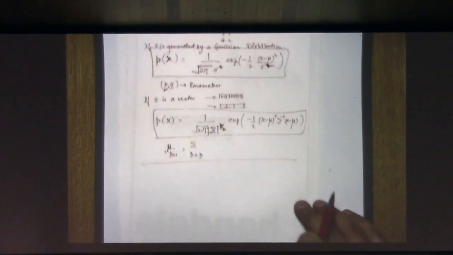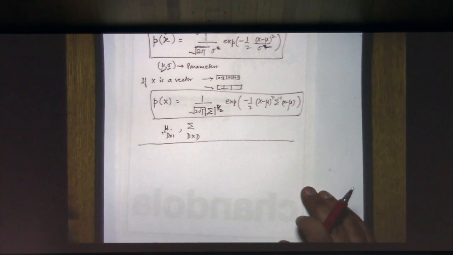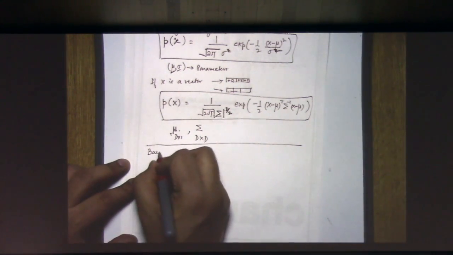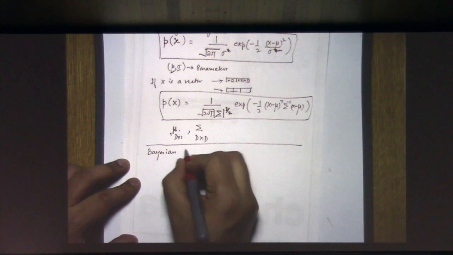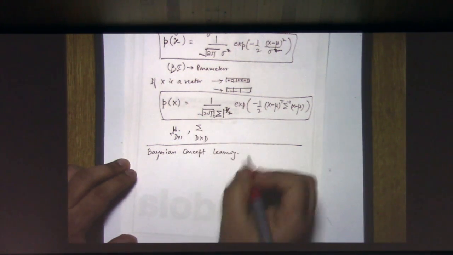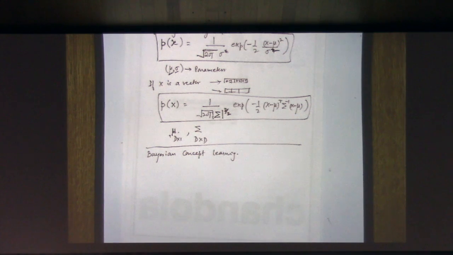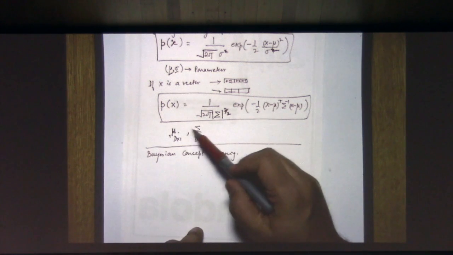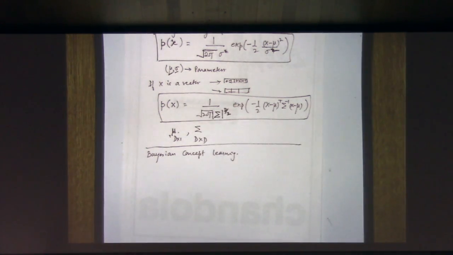Okay. So now how do we do Bayesian concept learning here? Bayesian concept learning means that I give you some data points, and now you want to find out the parameters of the Gaussian distribution that generated this data. We are going to do it directly for the case of vector random variables, which means that d